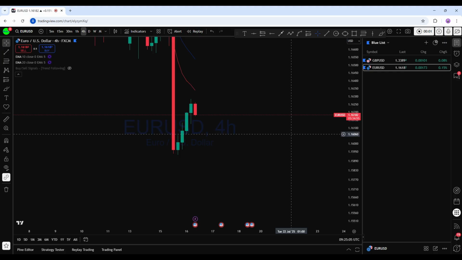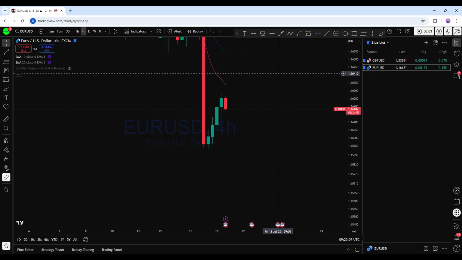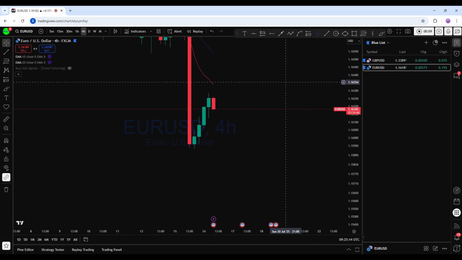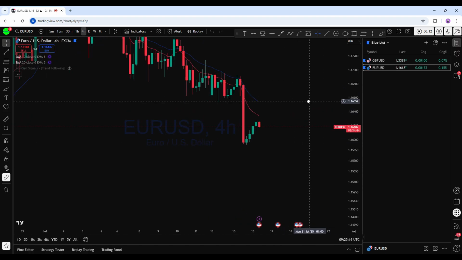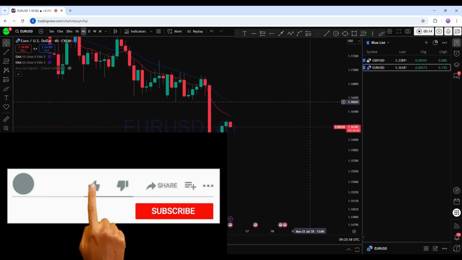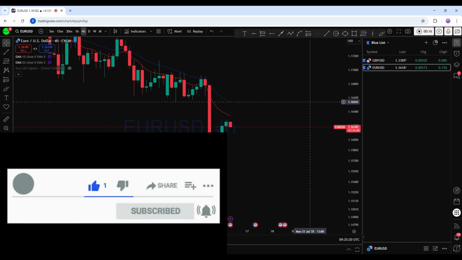Hello trader, this is a complete multi-time frame analysis on Euro Dollar and British Pound US Dollar. Let's see what kind of trading opportunity we have on both of these instruments. As you can see, there is a PPI coming, and with the previous CPI, the market started to trend again